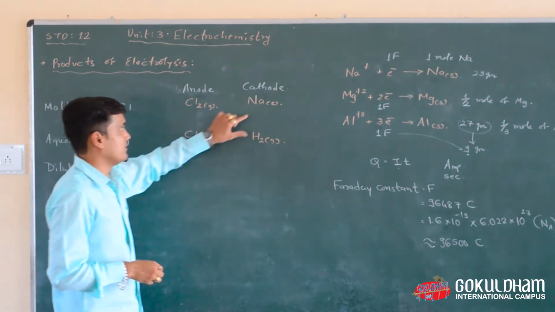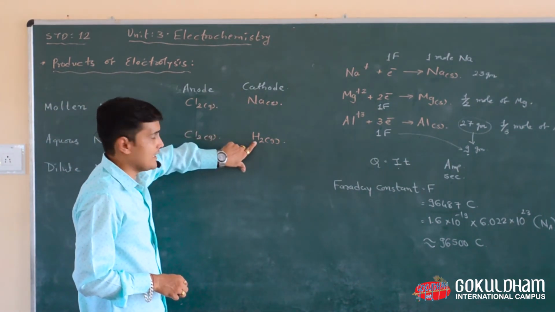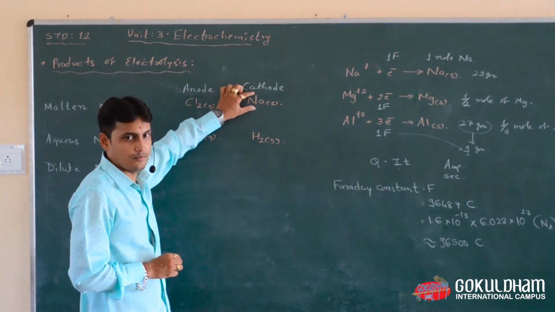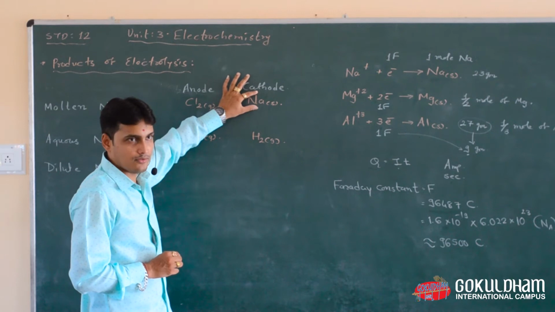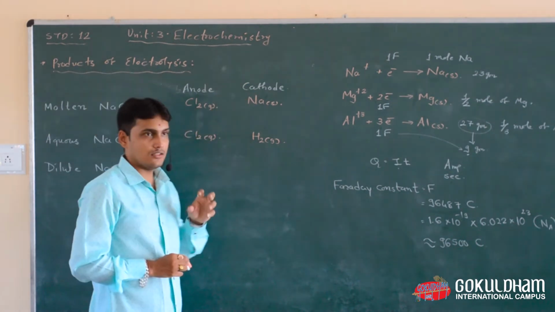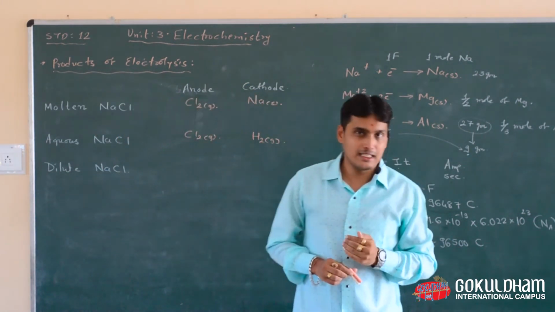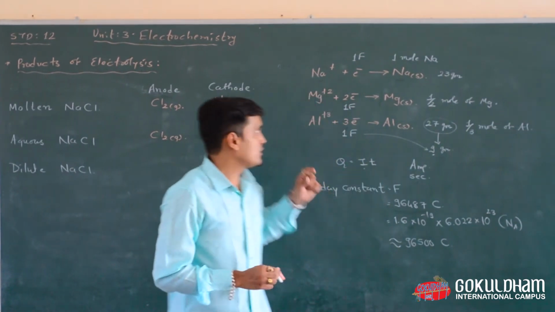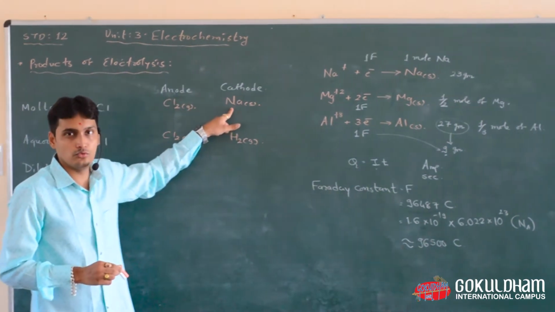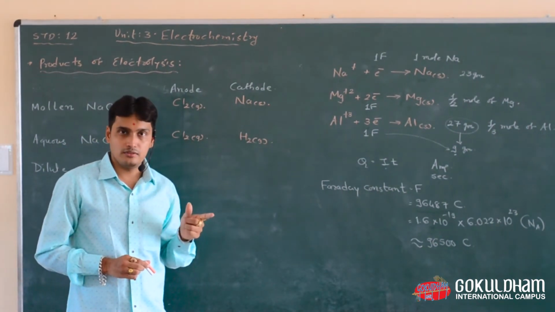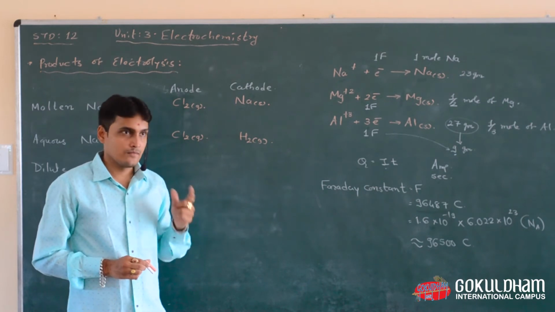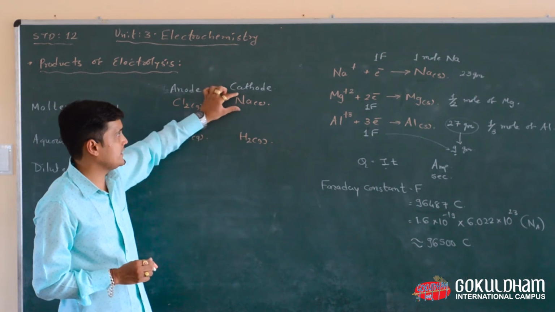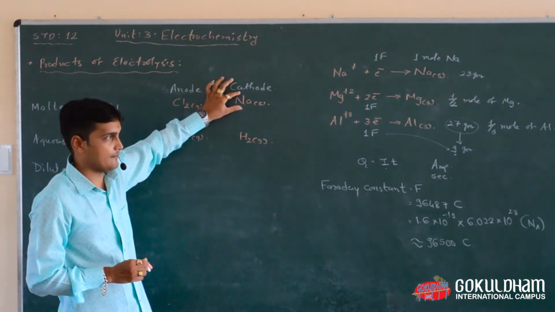How is this possible? The reduction of hydrogen is very easy in comparison with sodium. Sodium has atomic number 11, so the octet is complete after the 10 electrons. The one electron in the 11th position means sodium has a tendency to release the electron, that means it goes on the oxidation side. So the reduction of H2 is very easy in comparison with Na.